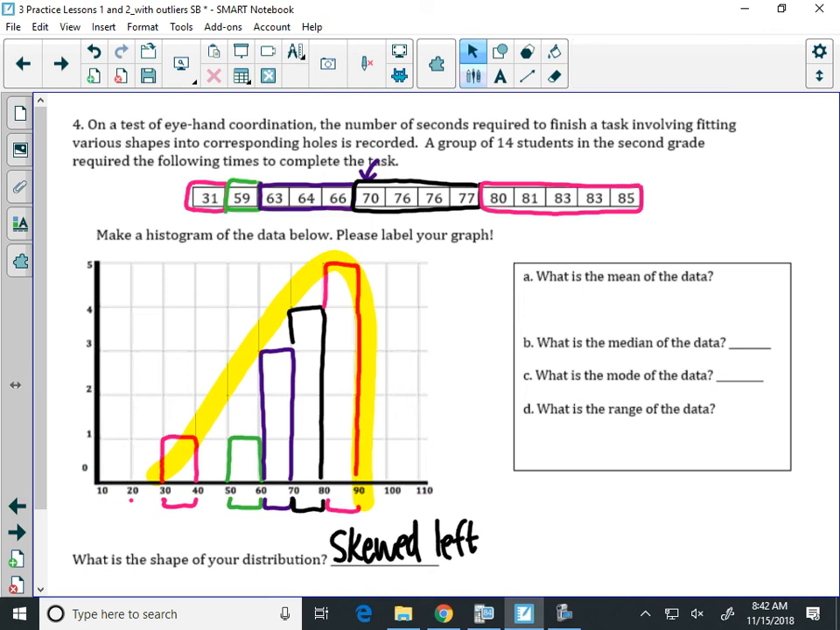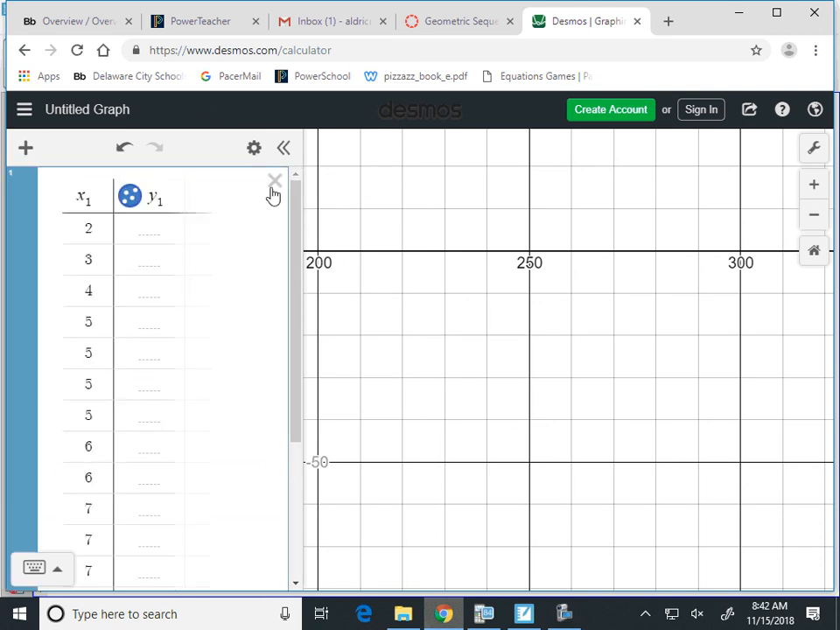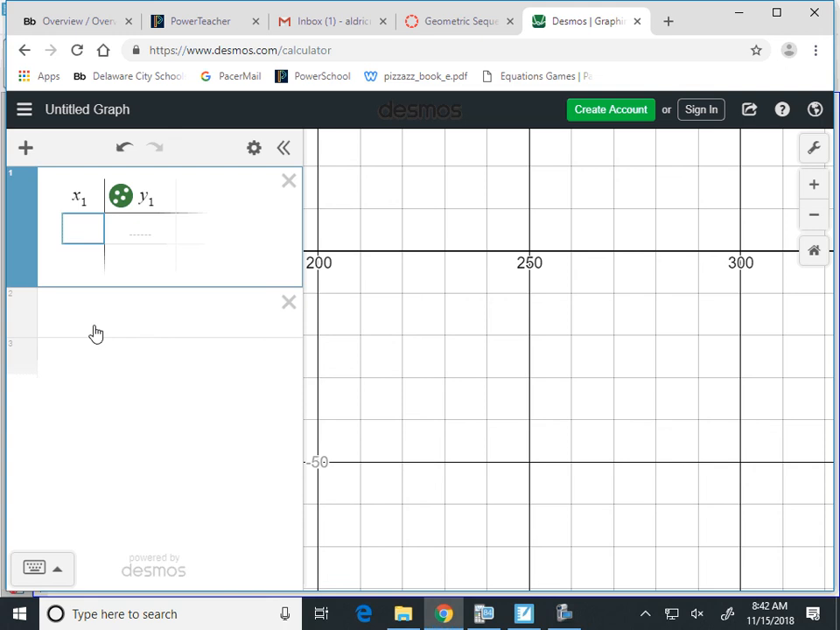All right, now they want to find the mean of the data set. Remember, mean is the average. To find the average, like we've talked about, you need to add up all of these numbers in the list and divide by the total number of data points, which is 14. However, as usual, it is faster to use Desmos. So we are going to go to Desmos, make a table, and type in